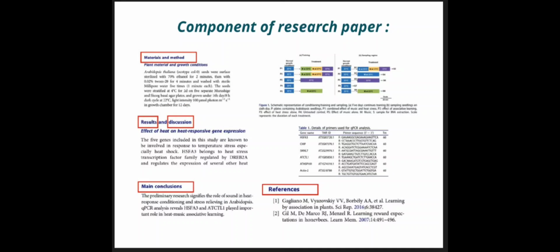The next section is the materials and methods section, which tells you all the actual details of what was done: the materials and samples, chemicals and software used, and what methods or techniques were followed. Next, in the results section, you will see the detailed results of the experiments that were conducted.